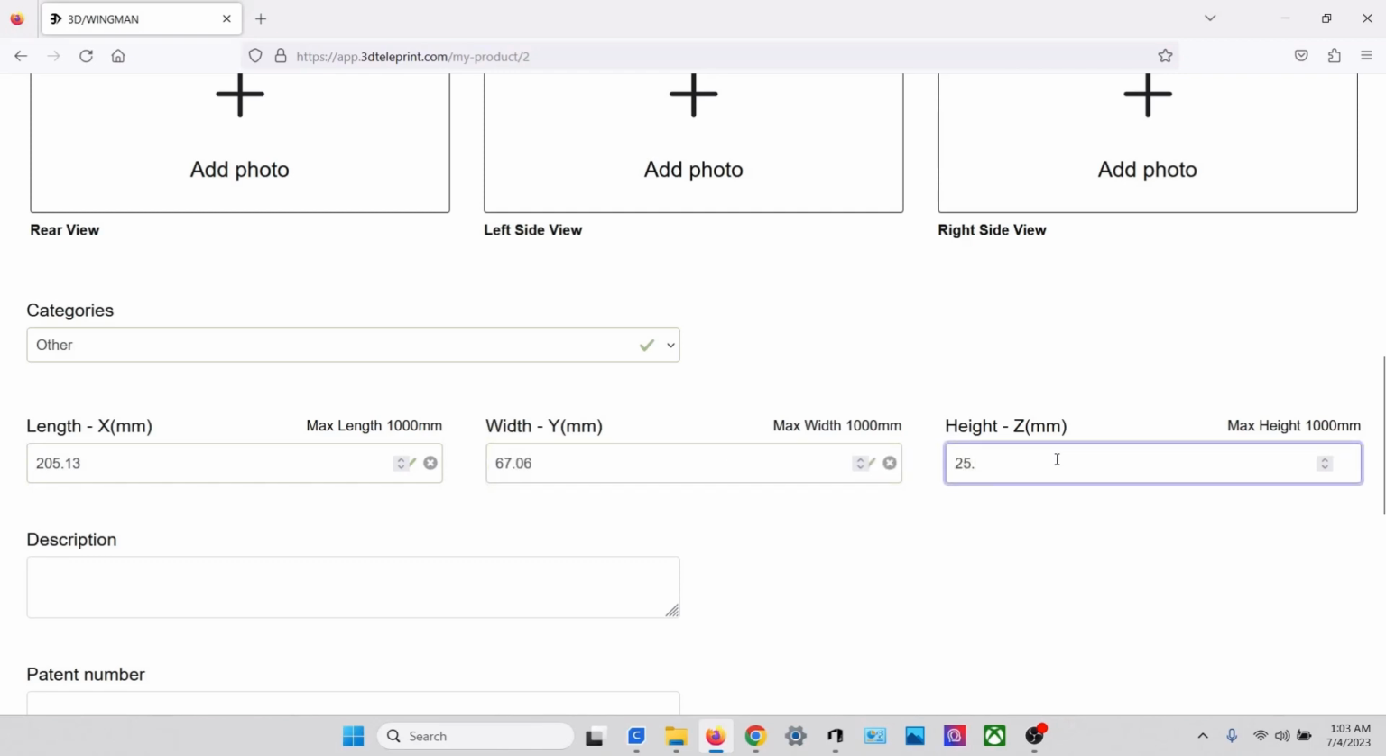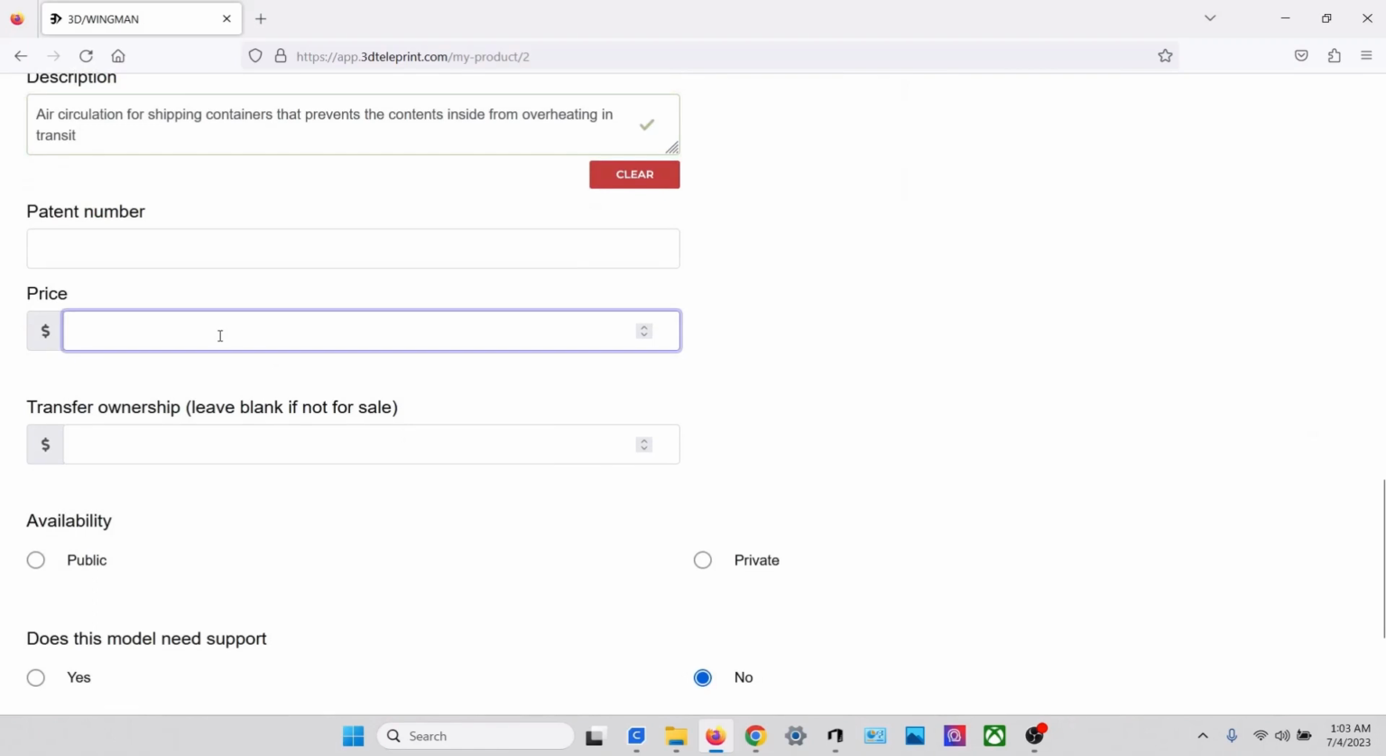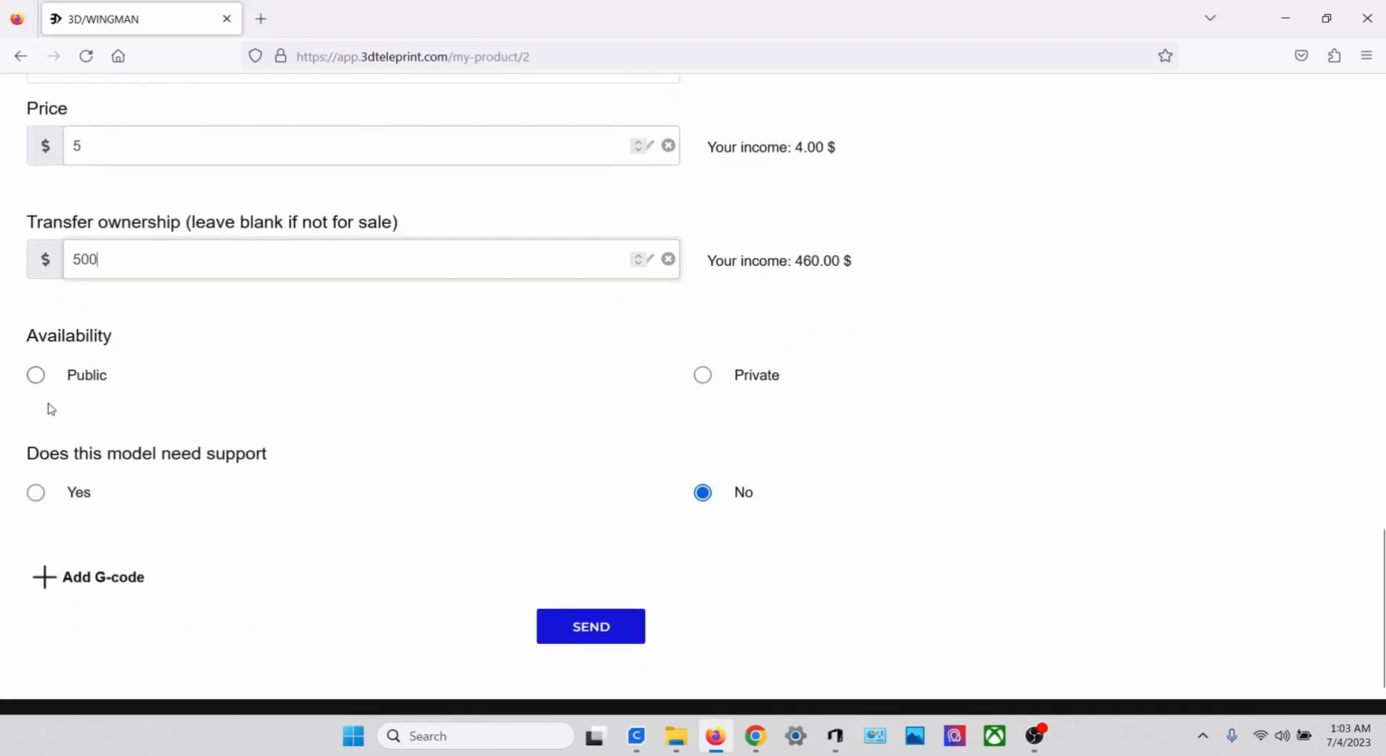Enter a description you feel the customer needs to know and provide attribution when necessary. If you hold the patent for this product, please provide the patent number. Enter your per print price, and if the object is for sale, enter your transfer ownership price. Transferring ownership will obviously not transfer the patent ownership, but will transfer that product ownership on the 3DTeleprint ecosystem to the purchaser, where they will have the ability to download, modify, and earn income from the object's per print price